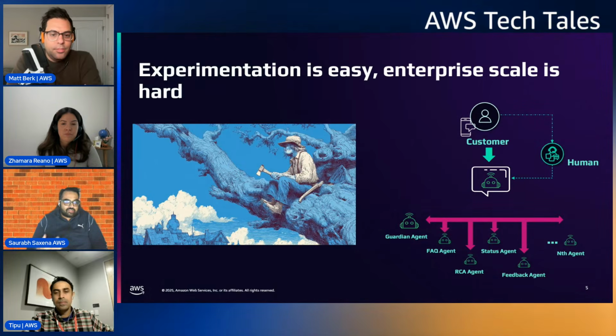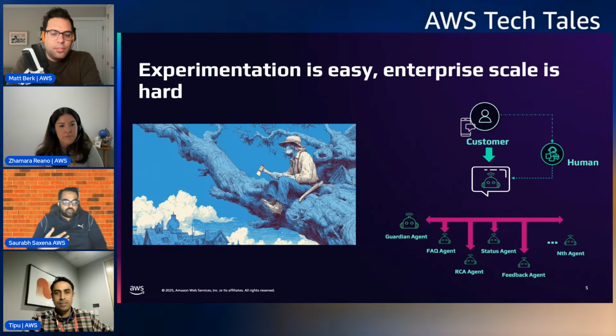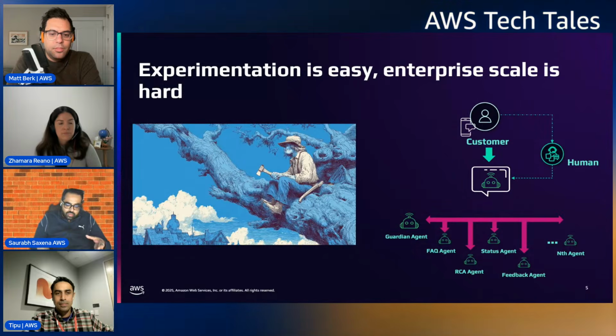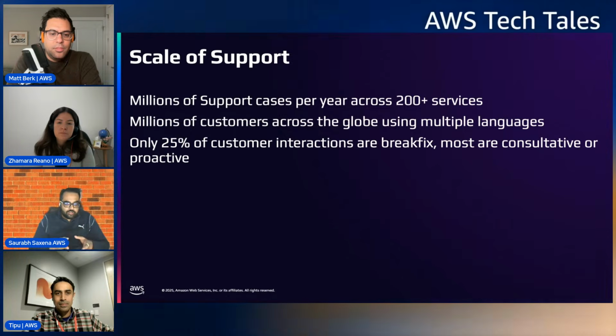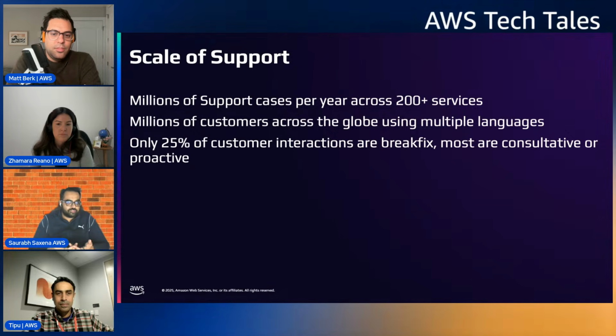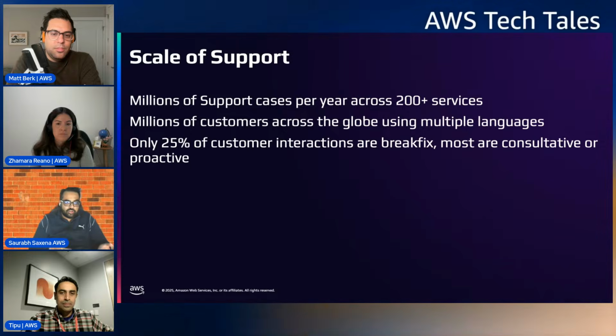So at that scale, our experiments have to have a continuous momentum and a continuous value that we generate. Now, before we dig into specifics of how we have taken this and reimagined our support offerings, I want to tell our viewers how we are using AI to actually make some of this possible and give some historical context about support itself. So I'll invite people to go over some of the next few content, dive into specific services and components that we have built in the last year and a half.